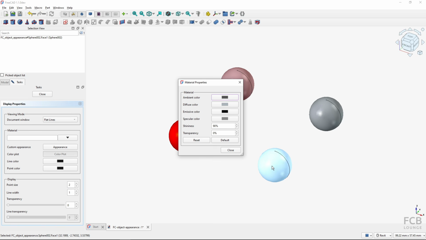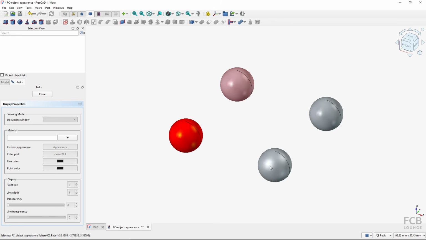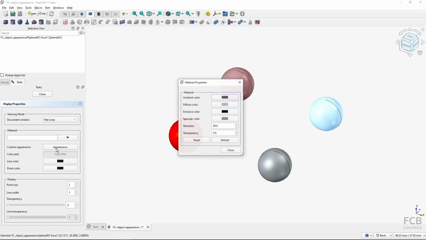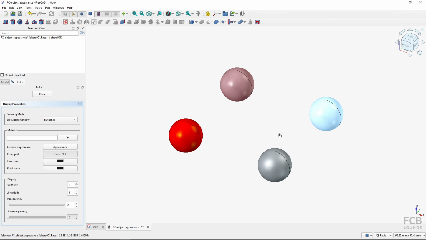So I have got this sphere selected, and it has got shininess set to 90. And if I change that to a very low number, like 20%, and I will close, you can see that the highlights are much bigger than with the default material. And if I select this one and change the appearance and set the shininess to 100, the highlights are very,